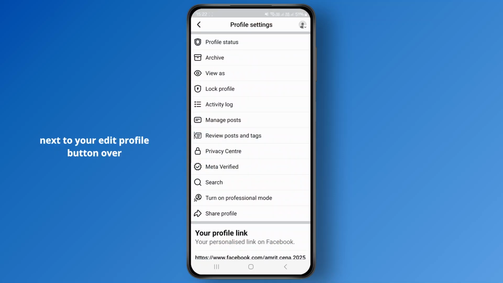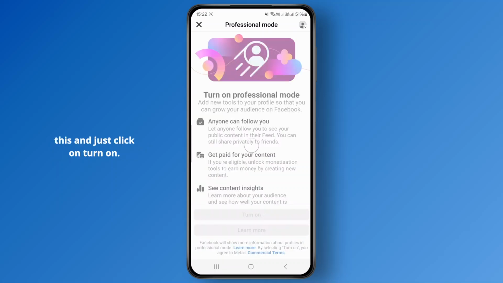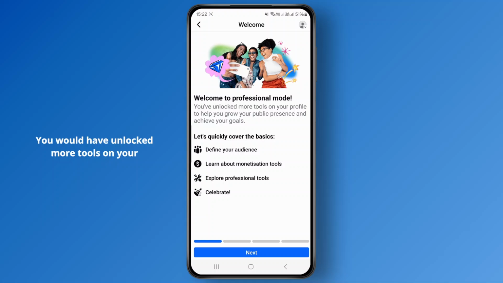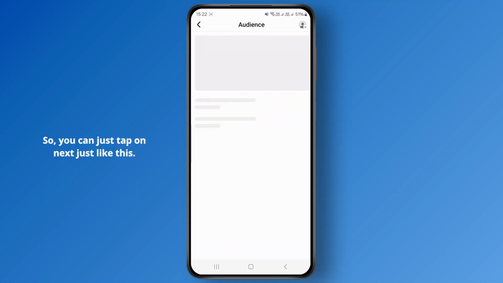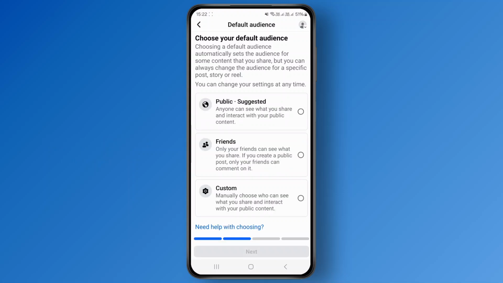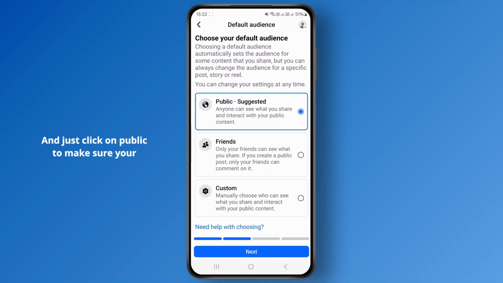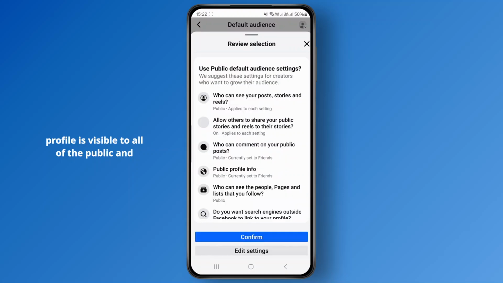to your edit profile button over here, and you can see there will be an option that is turn on professional mode. So just make sure to tap on this and just click on turn on. You have unlocked more tools on your profile to help you grow your public presence and achieve your goals. So you can just tap on next just like this, and just click on public to make sure your profile